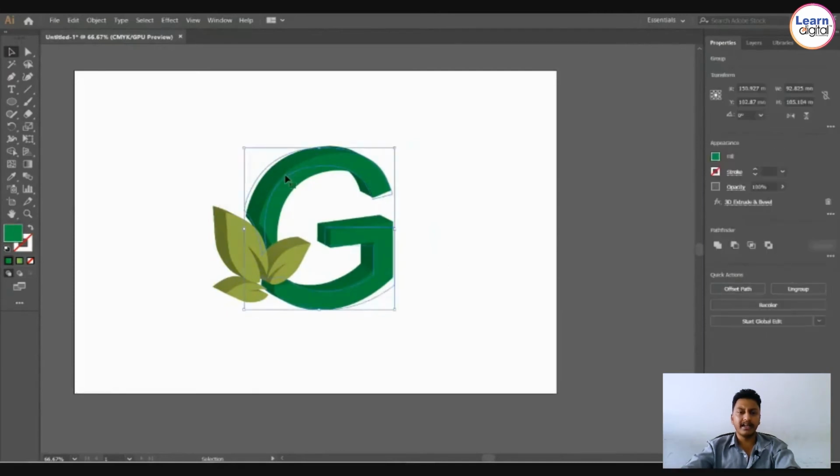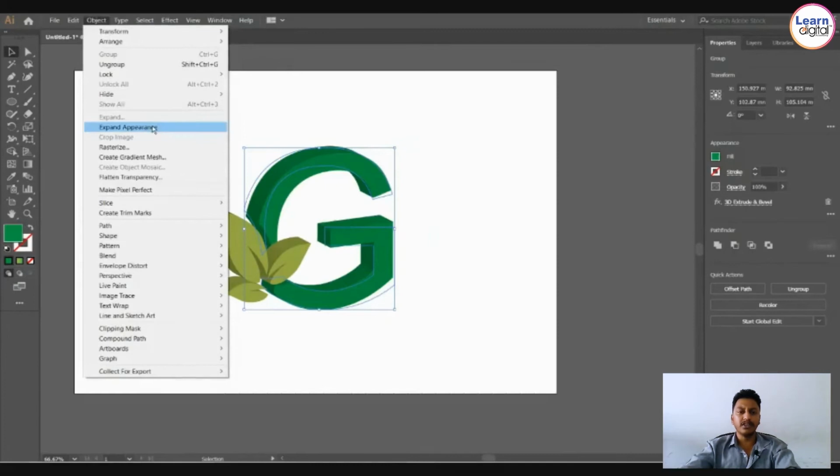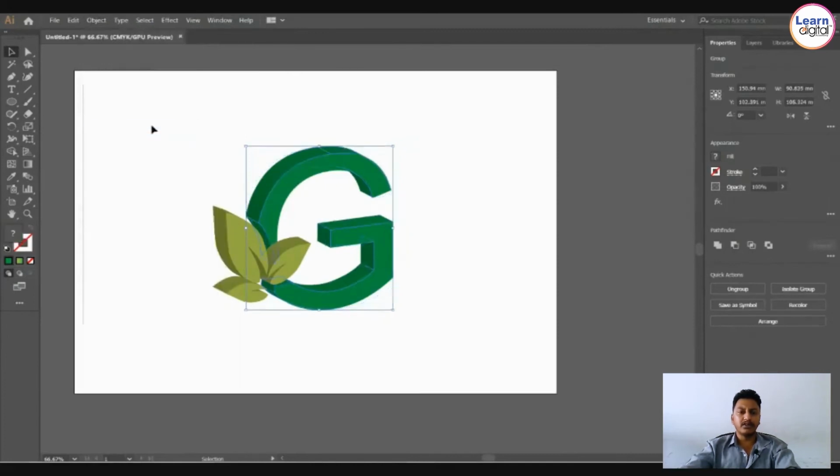So you can see light green is in a different shape, dark greens are in different shapes. Ungroup it initially. So now you can move individual pieces. So now select all dark colors and make a unit. Select all light colors and make a unit, like a single object.